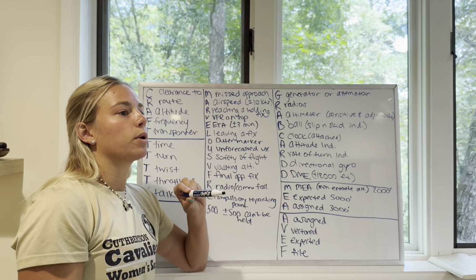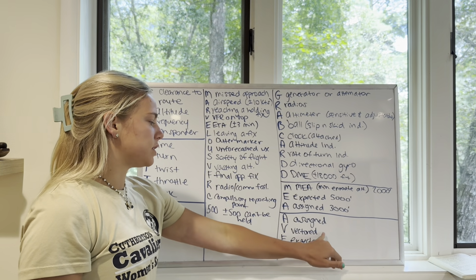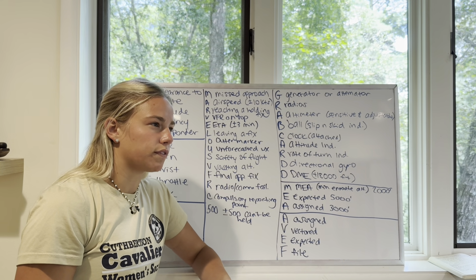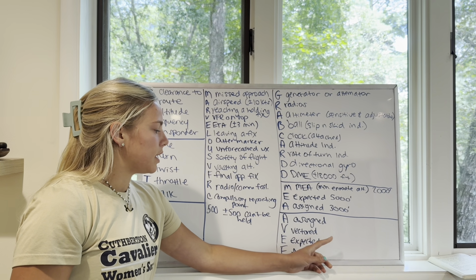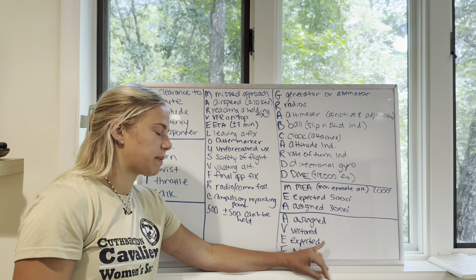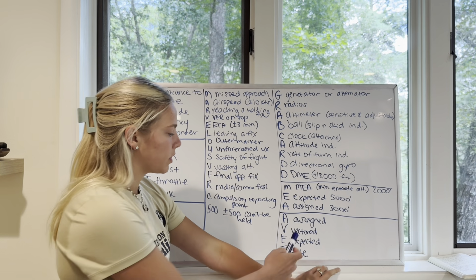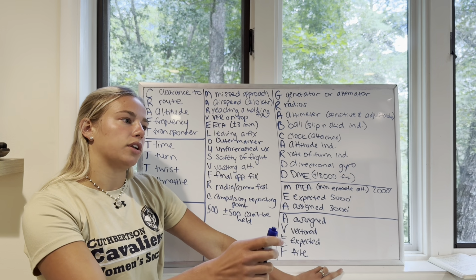Whenever we get to a point where that craft clearance isn't going to take us any further on our route, now we're going to move on to vectors. So did they give us any vectors to follow? We're going to follow those vectors. Once our vectors run out and that's not helping us anymore, we're going to move on to our expected. So now we're going to fly F, our filed route, all the way to our destination airport,